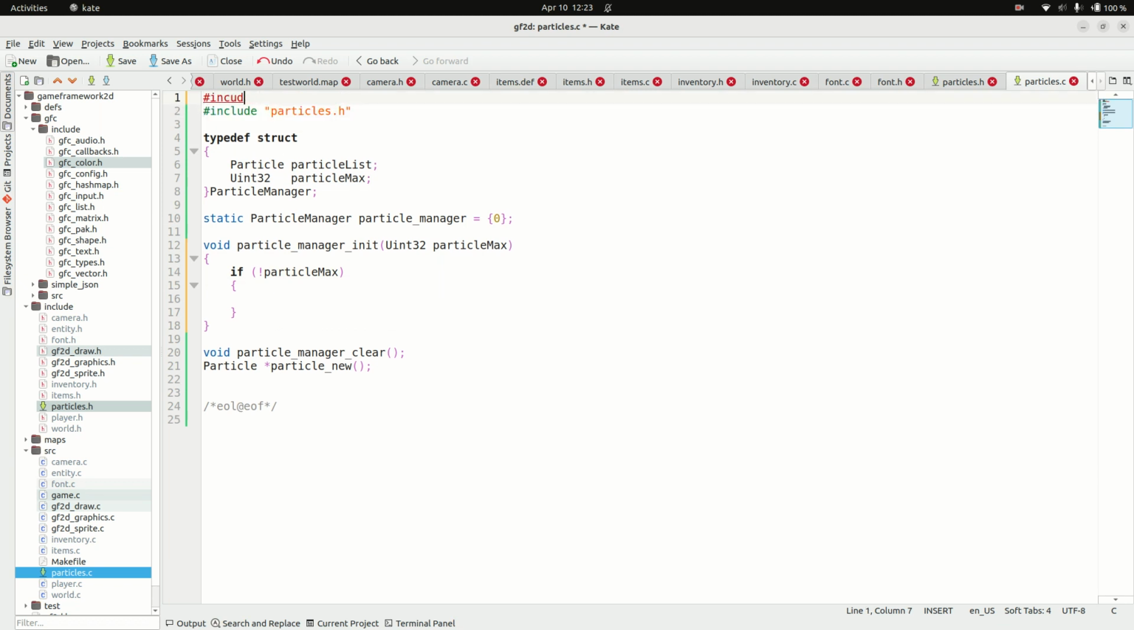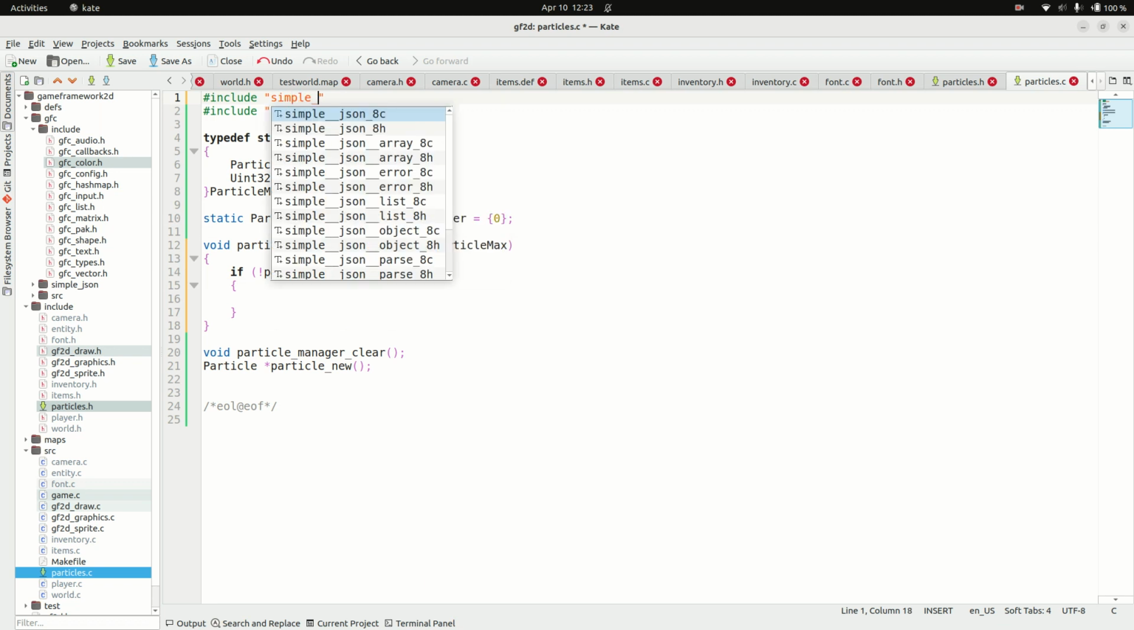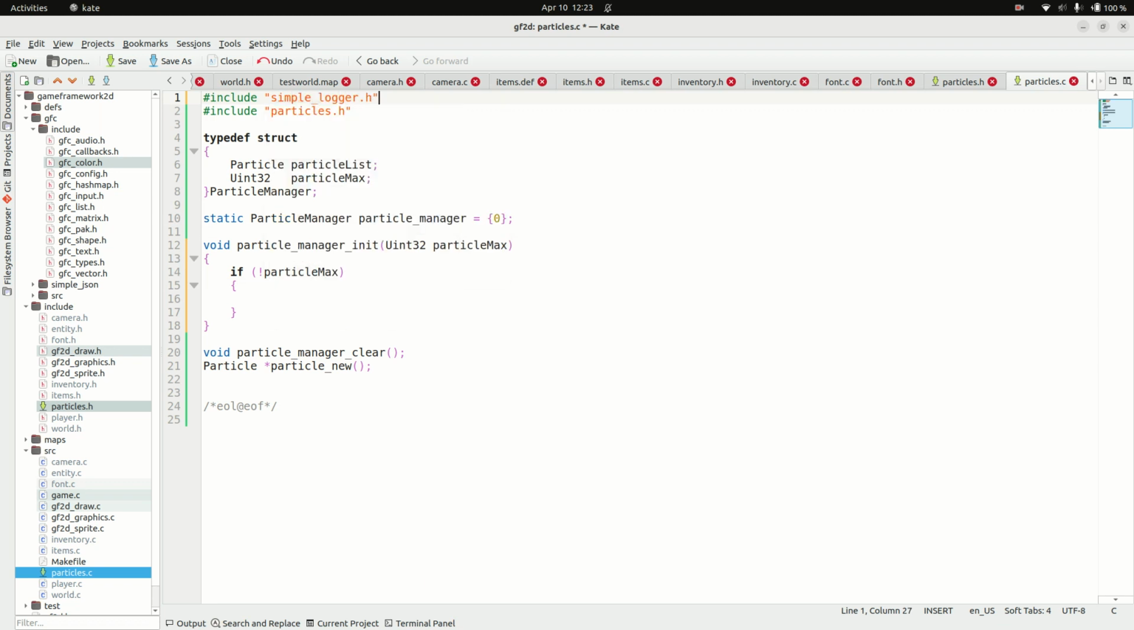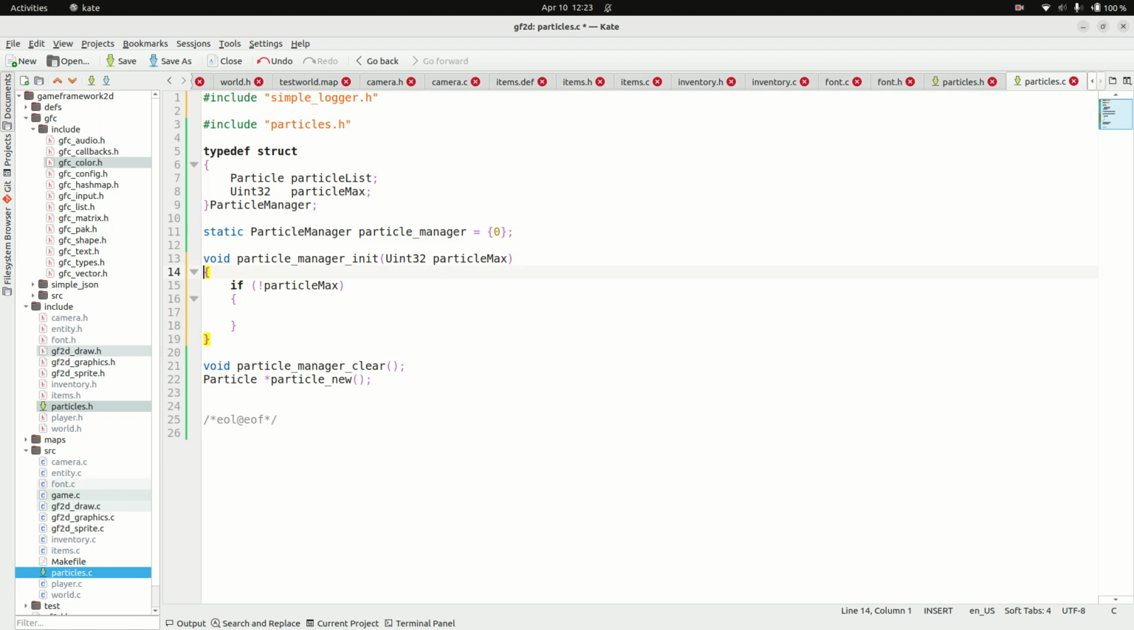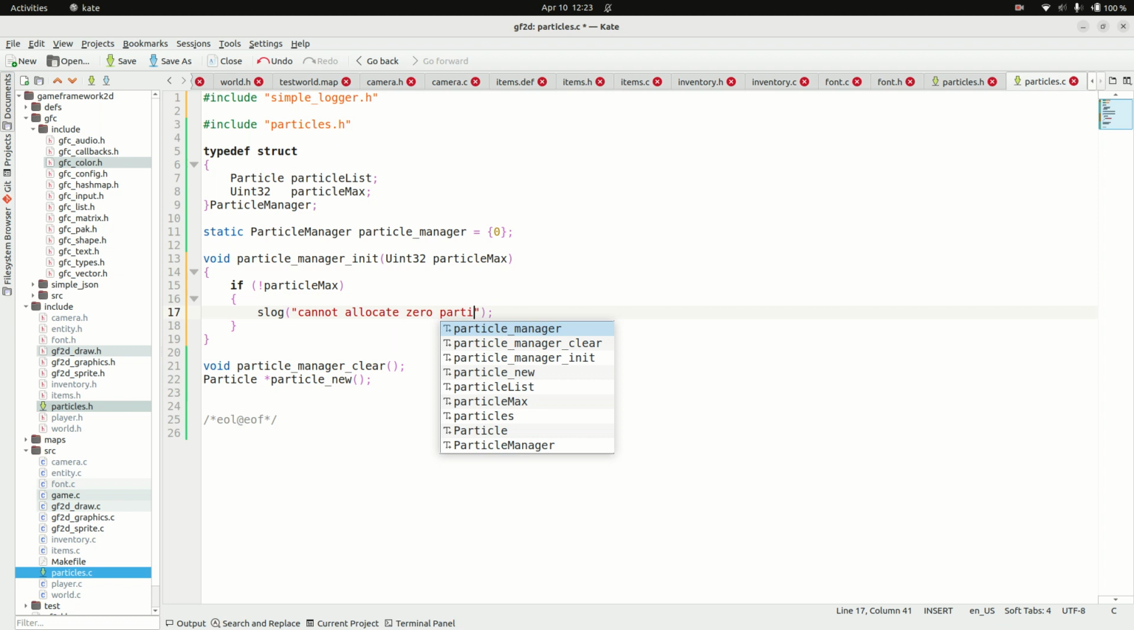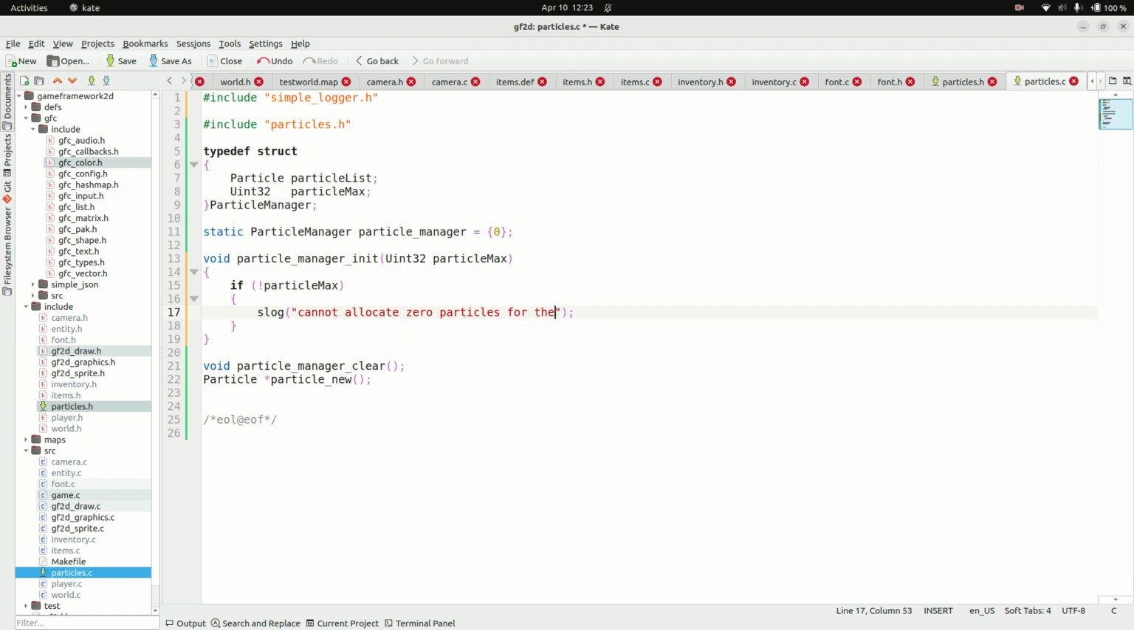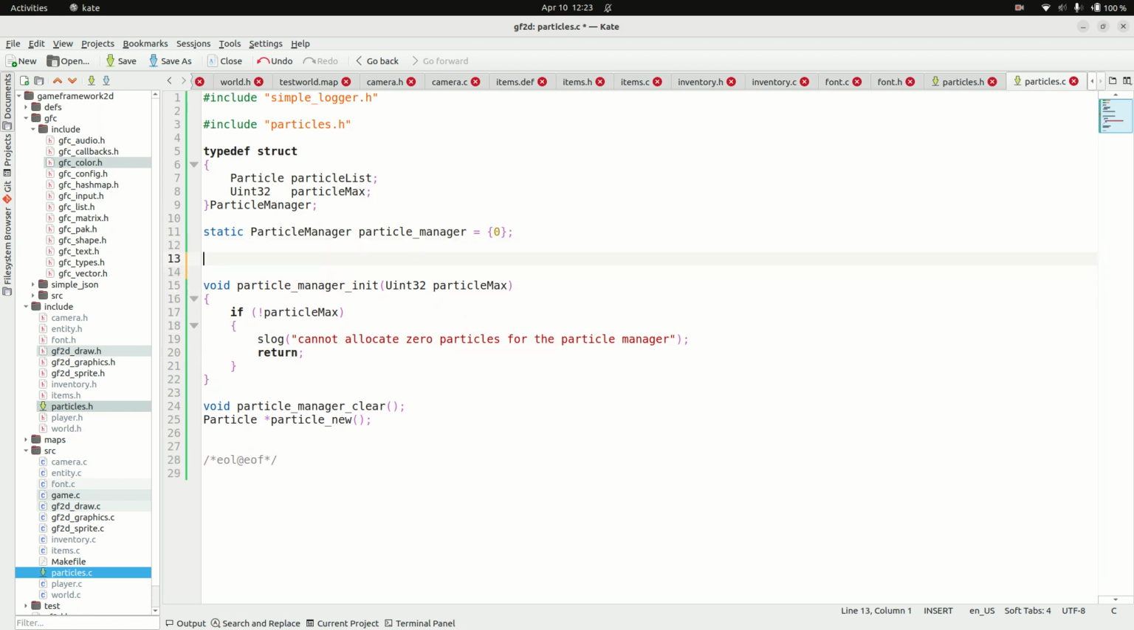Pound include simple logger.h. So let's give ourselves some logging, simple logger. Cannot allocate 0 particles for the manager, return. We are going to need something to clean this up when we're done, so void particle